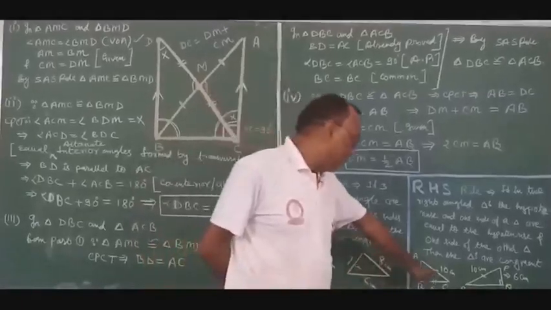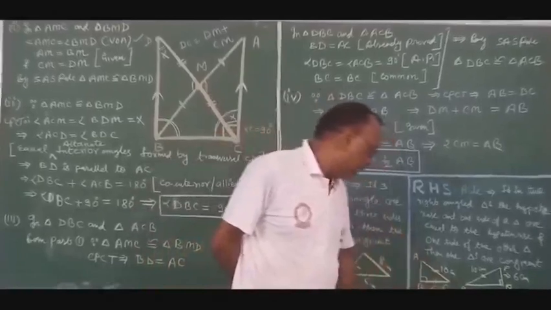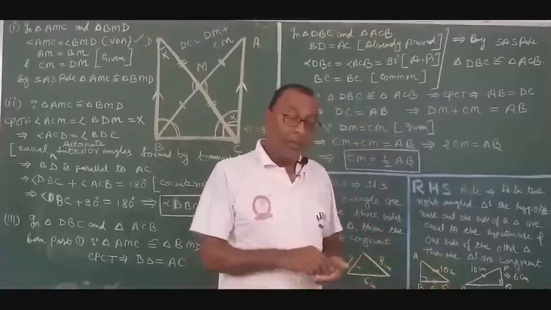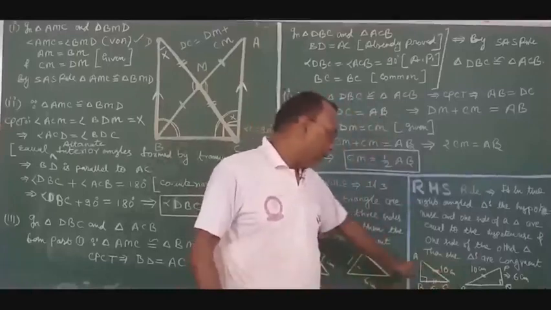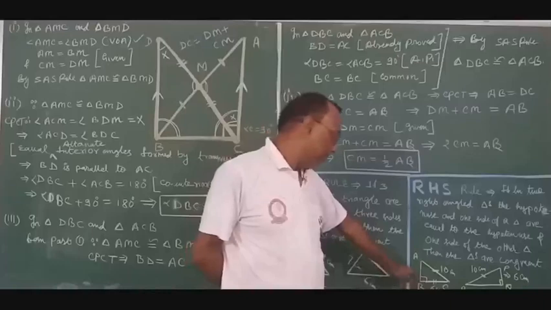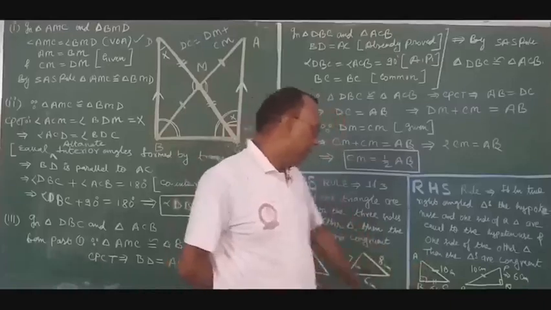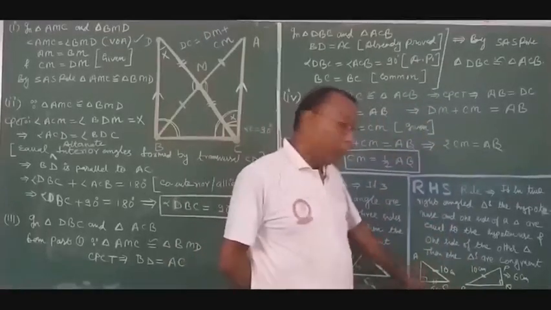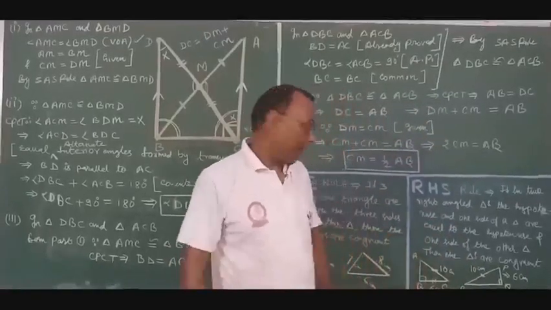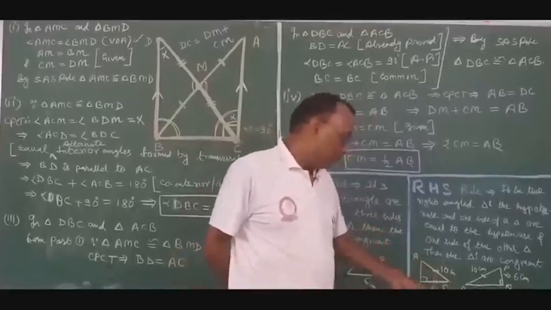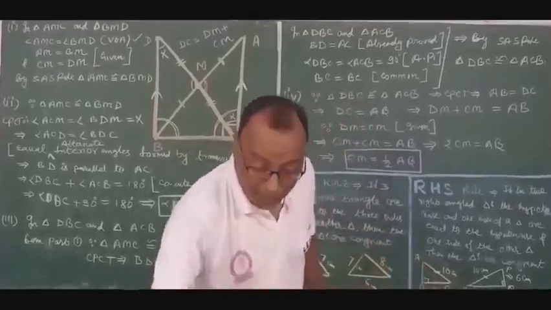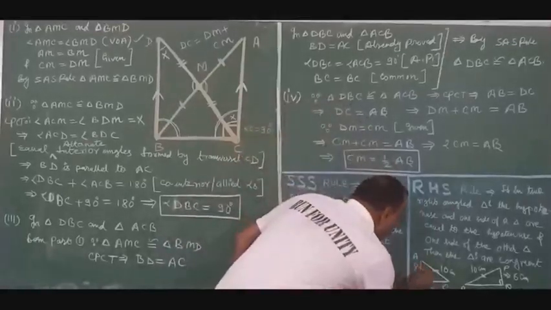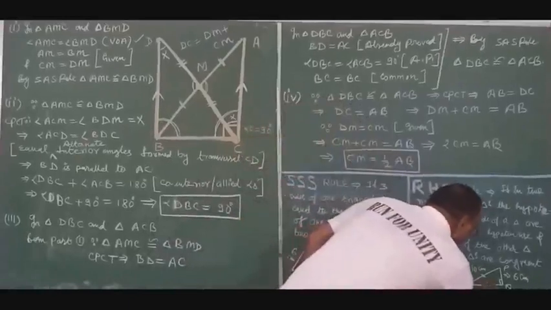Now just look, suppose this side is 10 and this is 6. So we can use the Pythagoras theorem to calculate the third side AB. This will become 8, and similarly RQ will become 8. So you can use the Pythagoras theorem in a right angle triangle. If the hypotenuse is 10 and BC is 6, then AB will be 8, and similarly this will be 8.